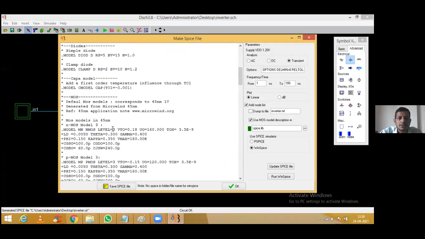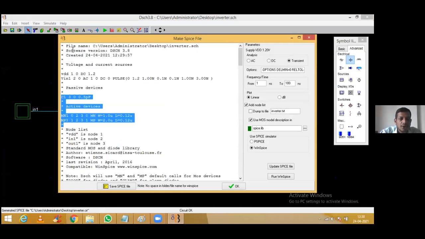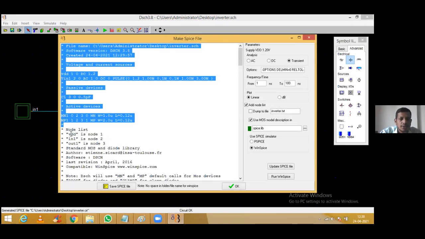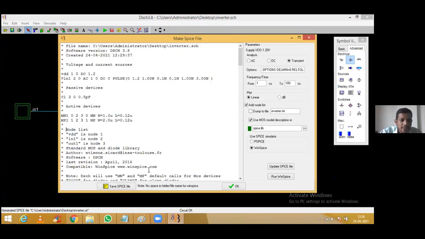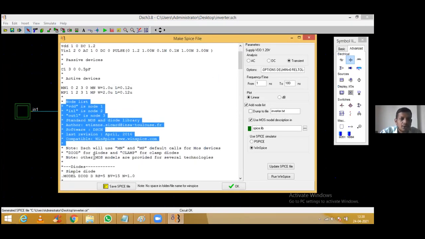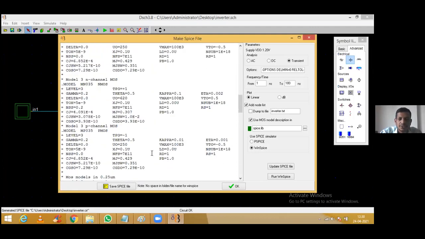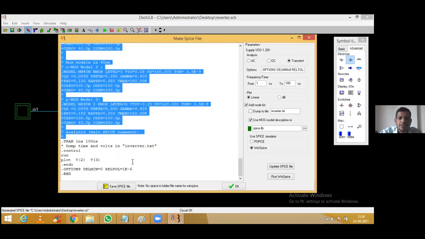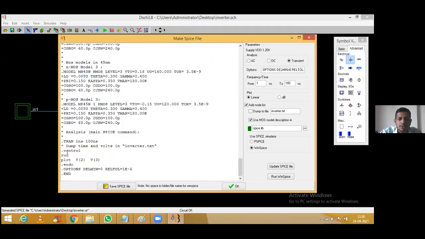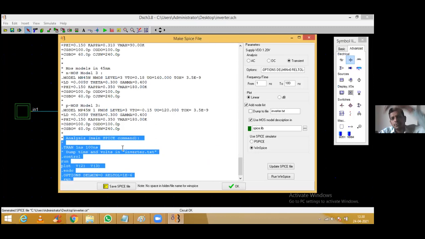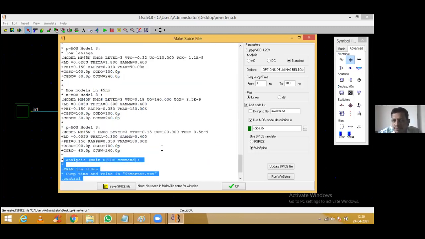Don't bother, don't get confused. We need lines only up to this point, and from here on, they are all the software libraries that they are adding inside the structures. So these are all the software libraries. Don't bother about them. Only these 4 lines and the upper 4 lines are needed over here. Are you getting that point, guys?